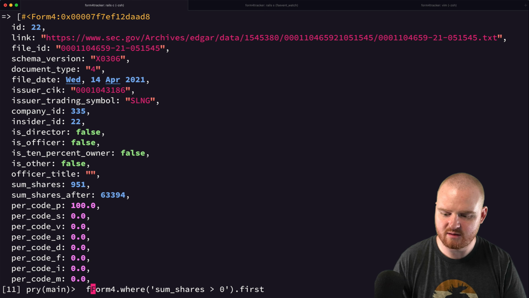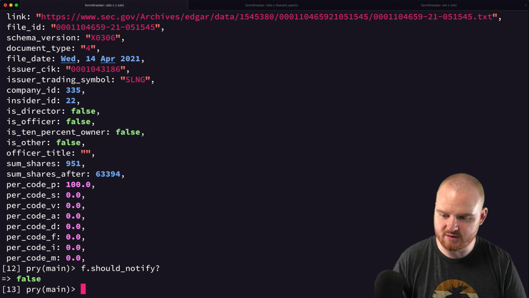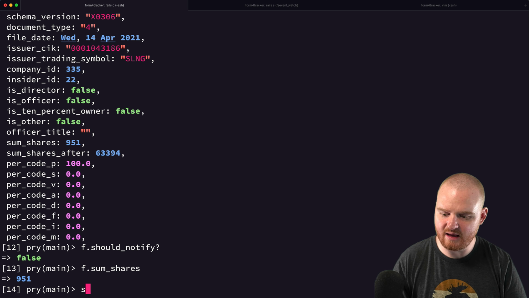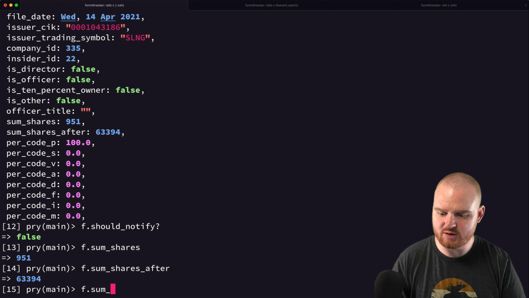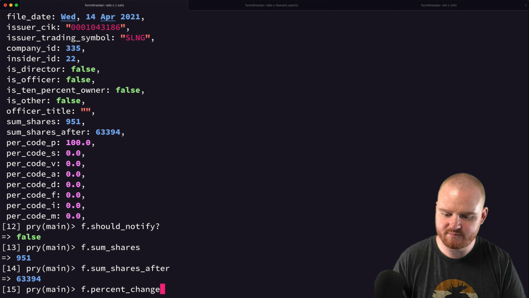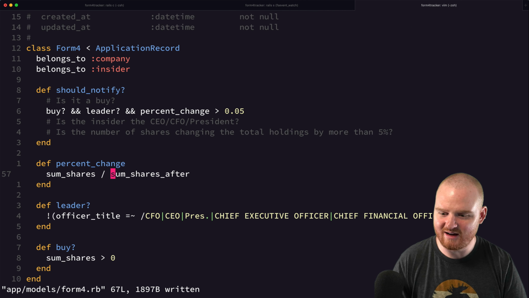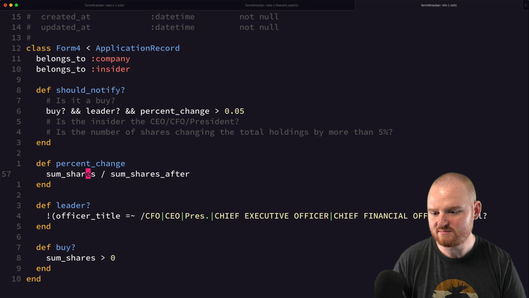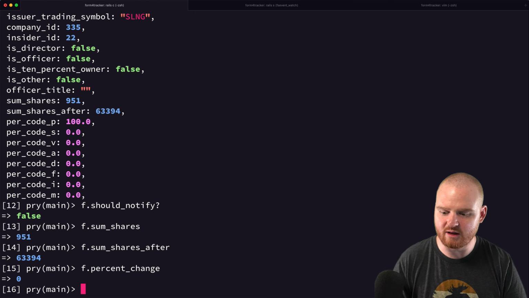Dot first, and then we'll say f.should_notify. False. Okay, so f.sum_shares is 951. F.sum_shares_after is that. So the percent change is 0 because we didn't use floating point division. These are just integers. So we can say .fdiv for floating point division, and then we'll reload